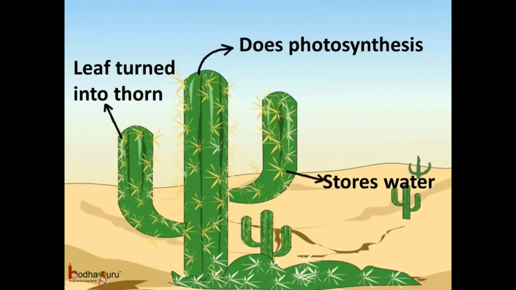In the cactus, the leaves turn into spine to stop water loss through the transpiration. Hence, in the cactus, it's the green stem that performs the job of preparing the food, which means the photosynthesis is carried in the stems of the cactus plant. You know, the cactus stem is not only green but it is fleshy too, and it can store water for long period. The roots of the desert plants are spread far out in reach of water and can quickly catch even a small amount of water.